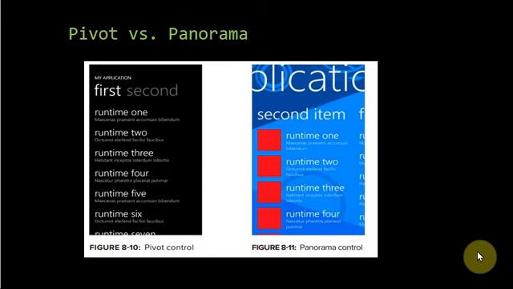That is all about your storyboard, wherein we can add keyframes for every individual element which wants to perform the transformation. Next we'll come to pivot versus panorama. Both the pivot and panorama controls are used to delineate categories and subsets of data. Both are doing the separation of categories and subsets of data. But when you're speaking about the pivot control, we get a strict isolation between the categories and subsets of data.